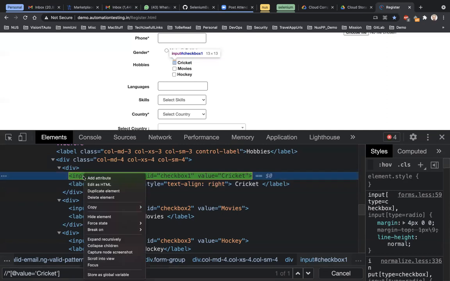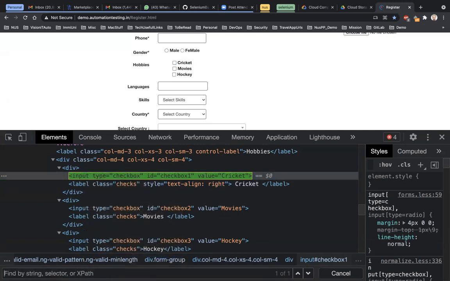And that's how the browser also copies. Let's see what this generates. If I use this, you see, this is what it is trying to do. It is trying to say star id checkbox 1. But this is not right. Checkbox 1 doesn't mean anything, and that's where things go wrong when you rely on auto generated values from the browser. So never use these kind of things, because it doesn't always generate the right XPaths. Always rely on your own manual instincts on what would be the unique value.